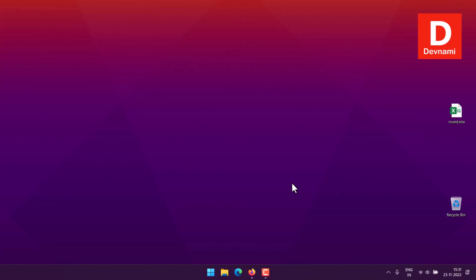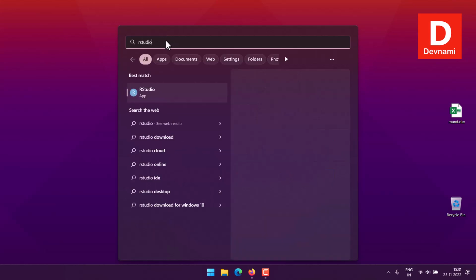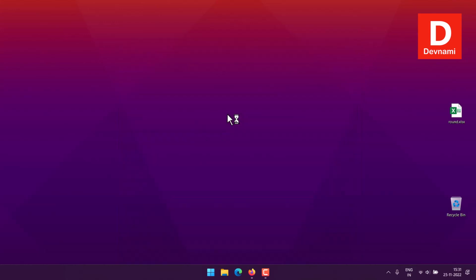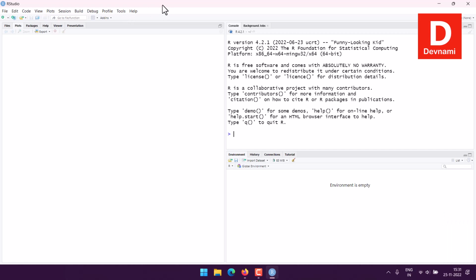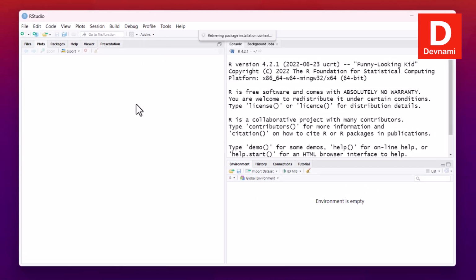Okay, so let's take a look at how you can draw a Pie3D plot in R. First thing, we will take a look at RStudio, and within it we will be installing this library called plotrix. Let it load. Meanwhile, what I can do is go to Tools, Install Packages,